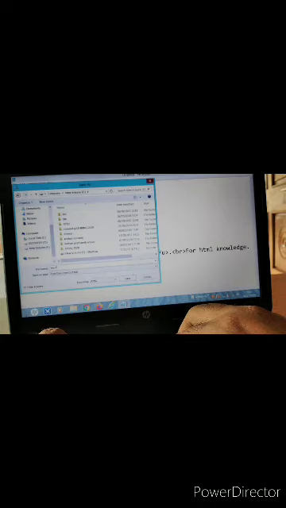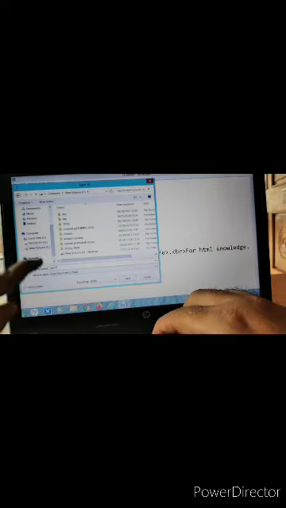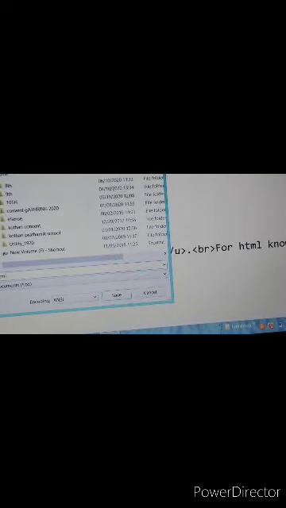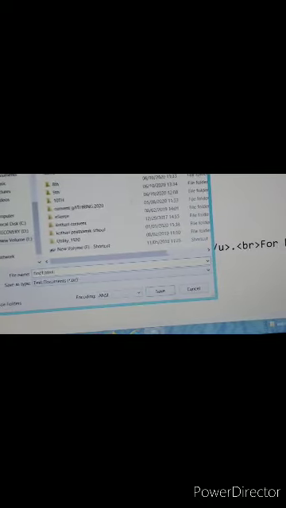So try a different name each time. I have typed the name first one, and then pressed the dot and the HTML word here. I am zooming in to show you the name of the file. First one .html is the name of the file.